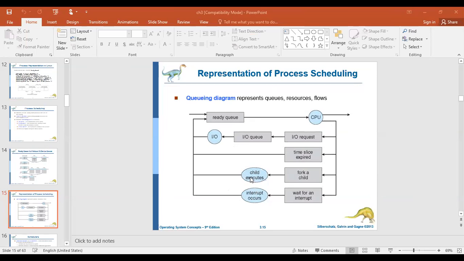Once the corresponding device or other resource completes its operation, again it will be moved to the ready queue.